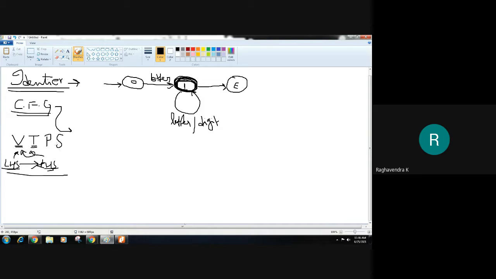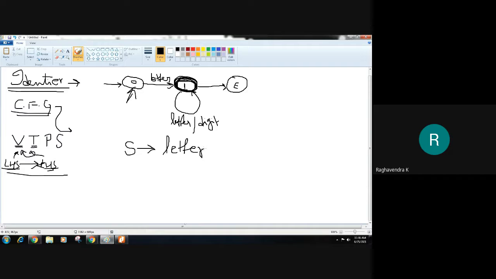And of course, we will have a start state. Let me write the start state as S. So what can S give me? What is the identifier? It can begin with a letter.